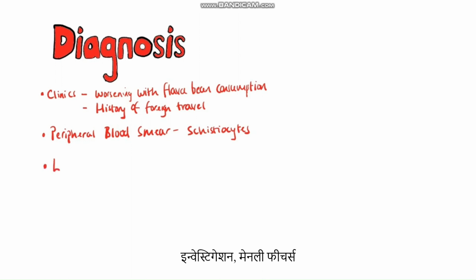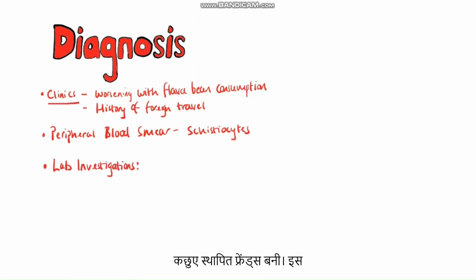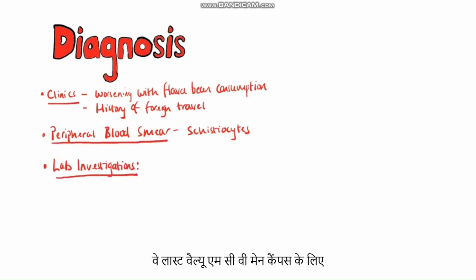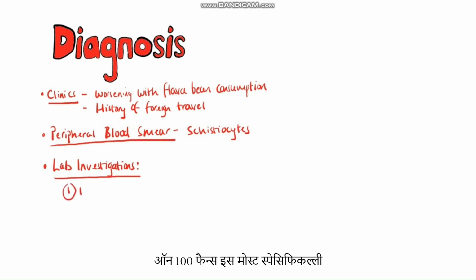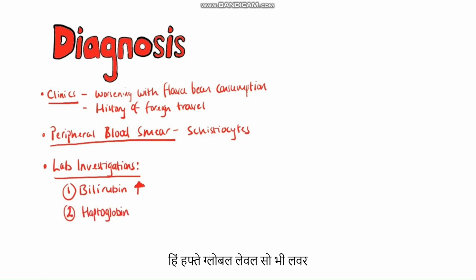Lab investigation mainly features CBC to establish the presence of anemia, as well as to evaluate MCV, the mean corpuscular volume, which is often normal, between 80 and 100 femtoliters. More specifically for hemolytic anemia, bilirubin levels will be increased as it is a degradation product of heme. Haptoglobin levels will be lower as haptoglobin binds to free hemoglobin in the blood, and then the complex is broken down by macrophages. So having more free hemoglobin in the blood due to red blood cell destruction means more haptoglobin